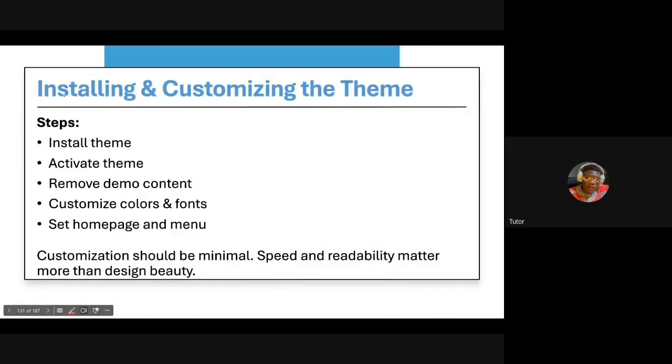So now, installing and customizing the theme. This is how you can install the theme. Web designers already know how to do it. But if you are not a web designer, simply go to your WordPress dashboard, install the theme, activate the theme, remove demo content, customize colors and font, and lastly, set